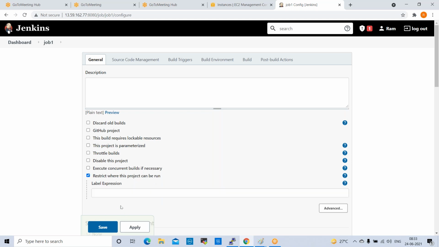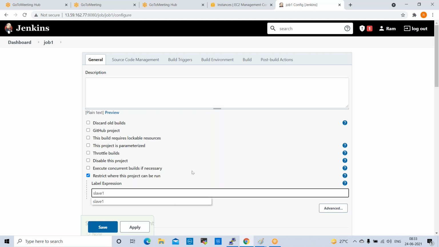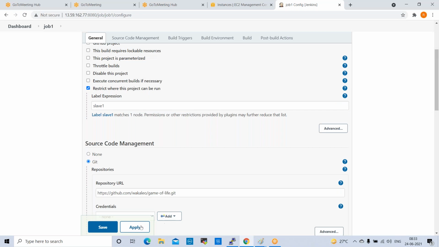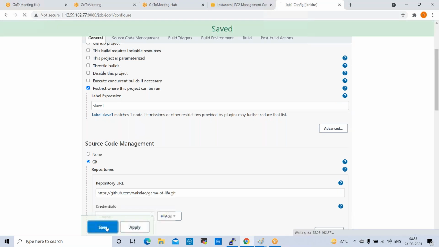We need to provide a label expression here. Once we provide that, the job will be run on that particular server. Slave 1. I want to run this job 1 on slave 1. Apply, save.